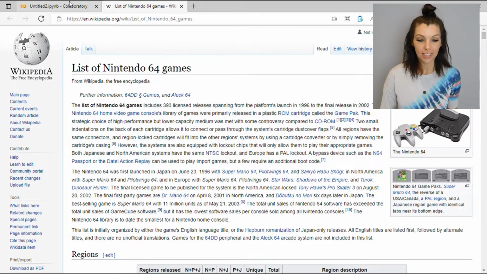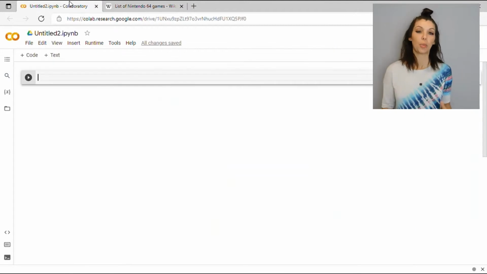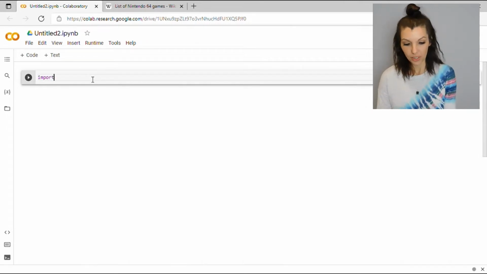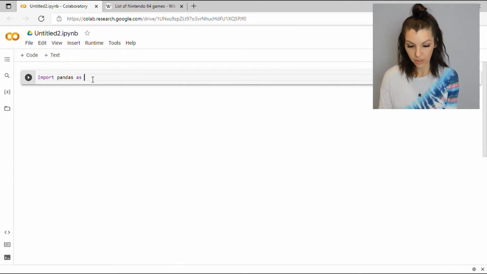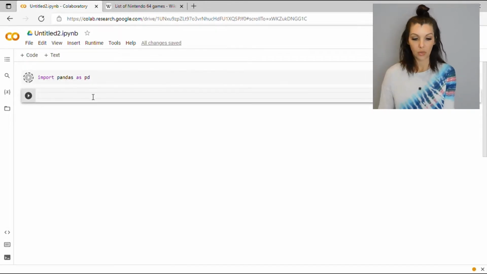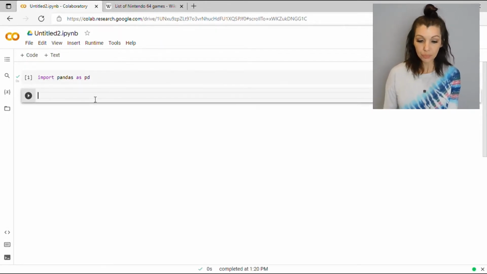So first things first, we're going to open up a new Google Colab notebook or whatever Python environment you're working with. We're going to import pandas as pd. We'll go ahead and run that. And now for our scraper,